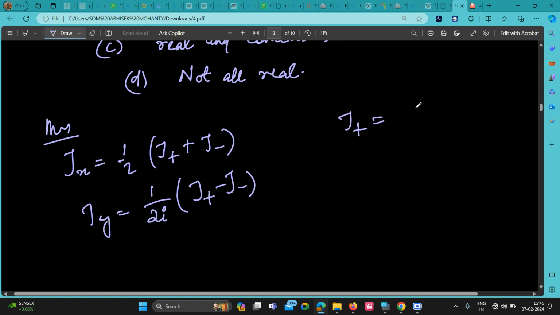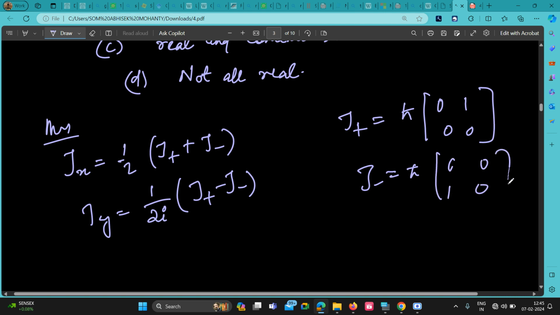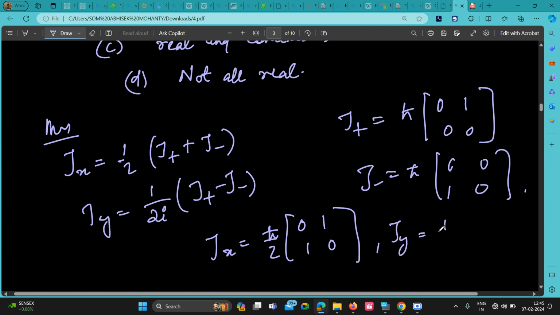We know J plus is h cut times the matrix 0 1, 0 0. J minus is h cut times the matrix 0 0, 1 0. So your Jx becomes 1 by 2, h cut, the matrix 0 1, 1 0. Using this, Jy becomes h cut by 2i